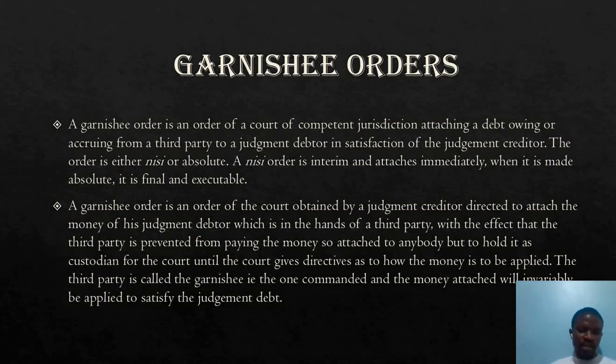So let's say Mr. A and Mr. B. Mr. A has gone to court against Mr. B, and the court has said, Mr. B, you must pay Mr. A a particular sum of money. So if we use two things to illustrate them, Mr. B owes Mr. A money because the court said Mr. B should pay Mr. A money. So these two parties are looking at each other. B owes money, A is being owed money. Judgment creditor, judgment debtor.